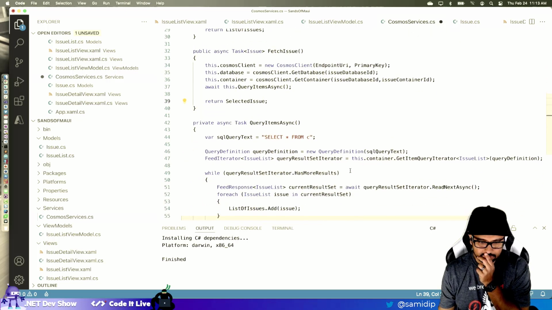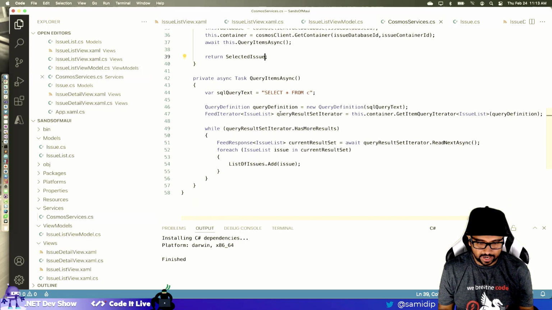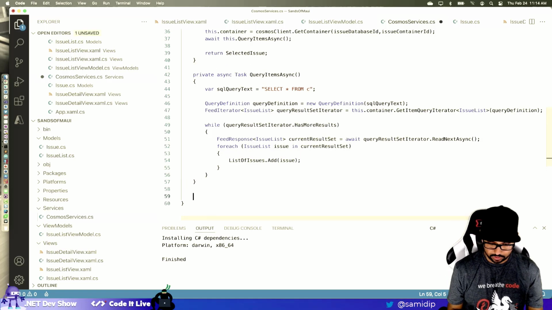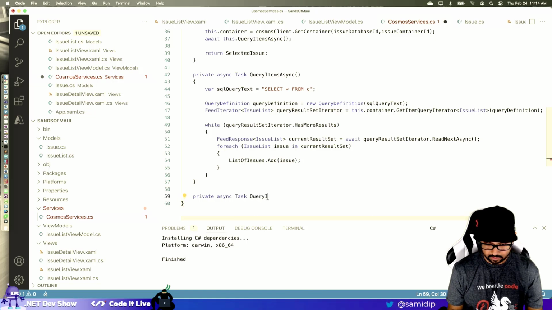Okay, what did I do wrong? Yeah, nothing, right? I should be still good. Now instead of a query items async, I just need one. So we're going to say private async task query. How about I just say item async.